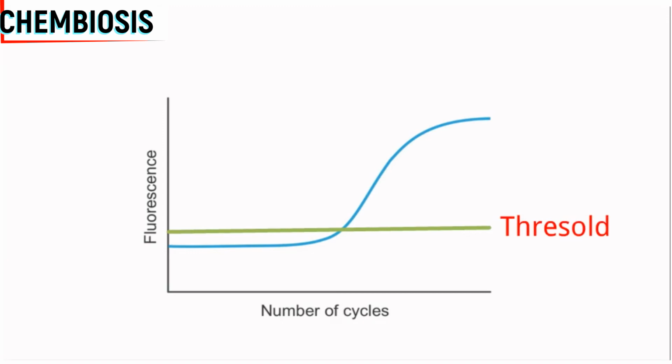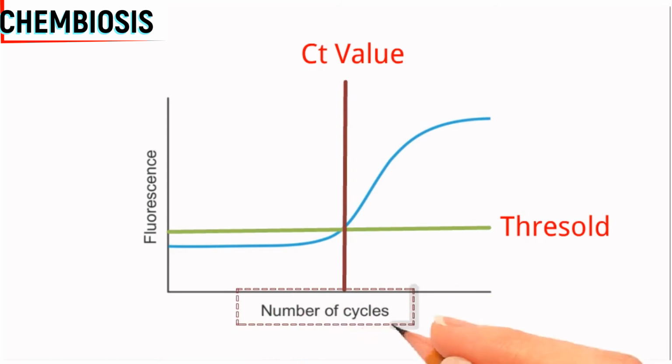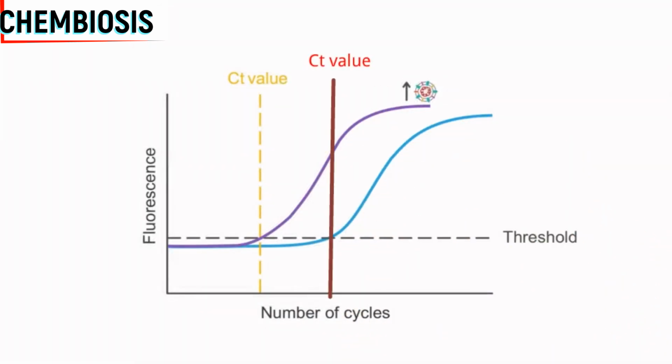There is a term which is used while reporting the result of RT-PCR test, which is known as CT value or cycle threshold value. The number of cycles necessary to exceed the fluorescence signal above the threshold value is known as CT value. Low CT value indicates the presence of a high number of viral RNA in the original sample. If the number of viral RNA is more in the sample, then it will need fewer cycles to produce more cDNA. So the threshold value will be reached within a few cycles.